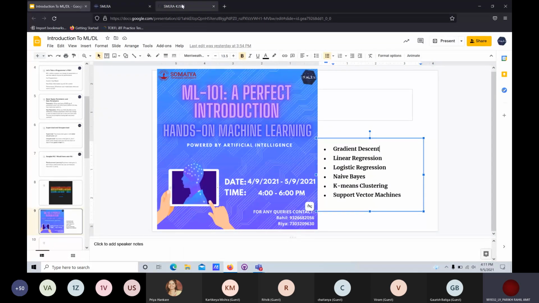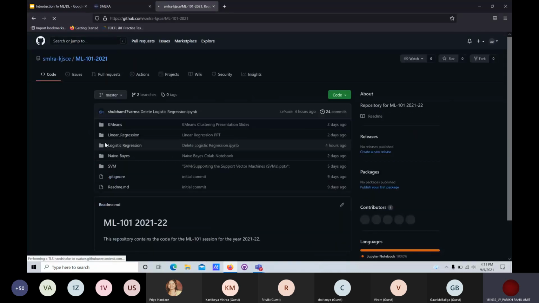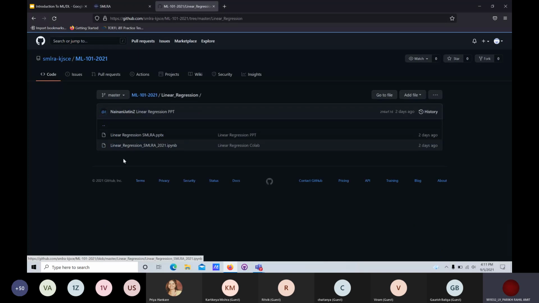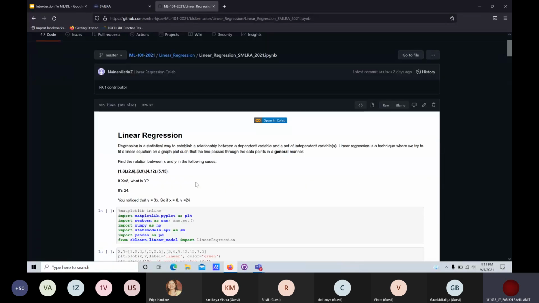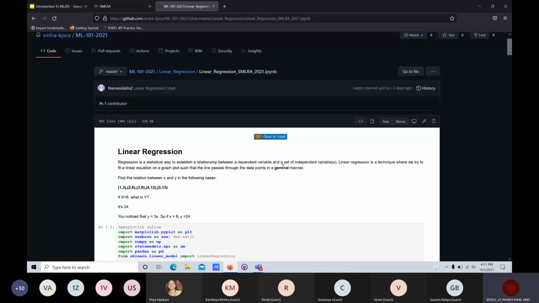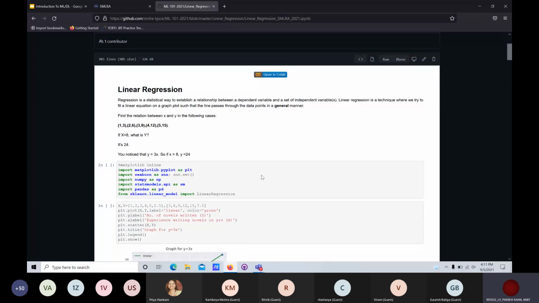And one more thing, there is this GitHub link in which we have the ML-101 notebooks inside this repository. While we start with each of these concepts, we'll also be showing you some applications and some sample code that we'll be going through and explaining. So you can also copy this. You can open this in Colab and copy this Python notebook, and you can code along with us.